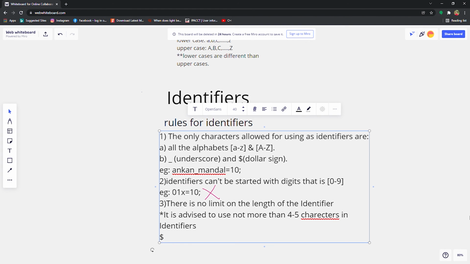And there is one more rule, which I have already told you while discussing the keywords. I have not taken the name of identifiers, but I have told that you can't name anything using the keywords. That is, identifiers can't be same as keywords. I am repeating it.